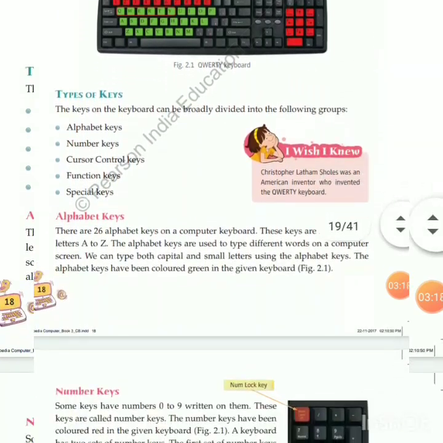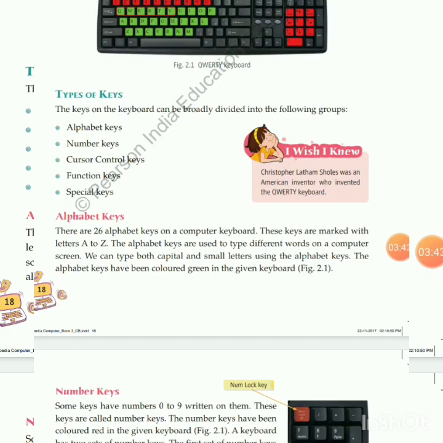The first one is alphabet keys. What is alphabet keys? Do you know how many letters in alphabet? 26. Simple. There are 26 alphabet keys on a computer keyboard. These keys are marked with letters A to Z. If we want to type different words, sentence, poem, story, essay, then which key we can use?